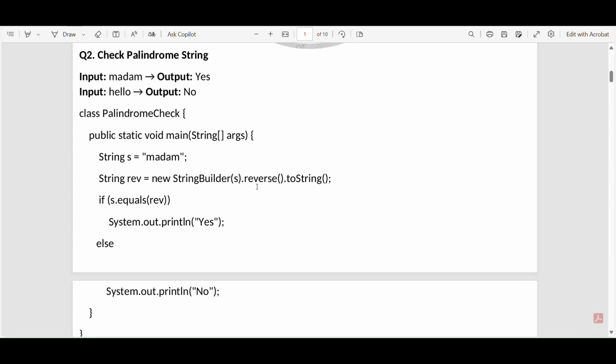Let's get into the next question, which is check palindrome string. Here you will be given a string and you have to check whether that string is a palindrome or not. What is the meaning of palindrome? If you know it, it is okay, but if you don't know, it should be known to you. So palindrome means